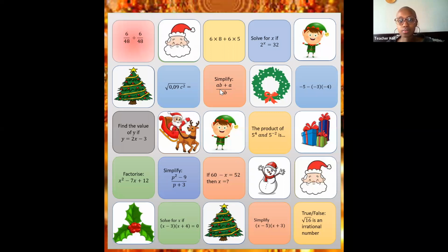Good. So if you take out, thank you, Kimura, if you take out A, what's left in the bracket? What would we have in the brackets? Take out A as a common factor. What's left here? B, thank you, plus what would be left there? 1. Thank you very much, Anam.